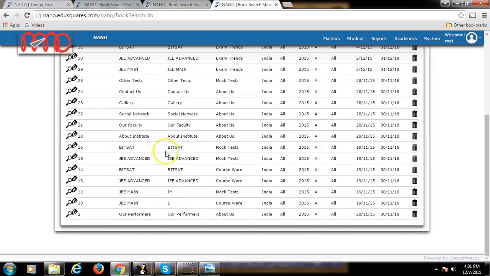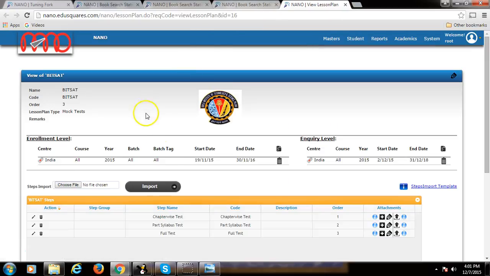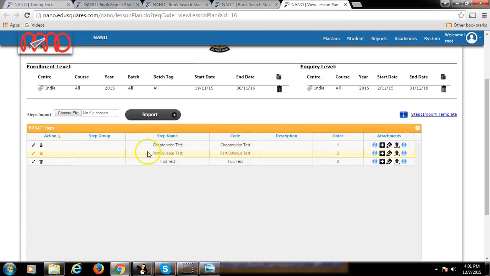Similarly is the case with the test. So here are mock tests which set. So I'll have one of those. This has chapter-wise test, part syllabus test and full test. In case you create a test,